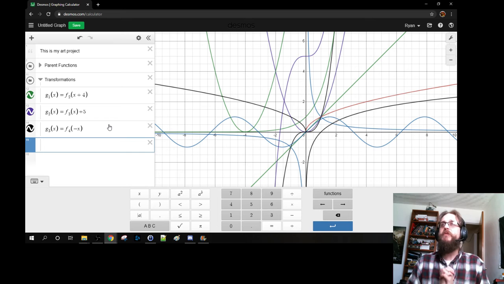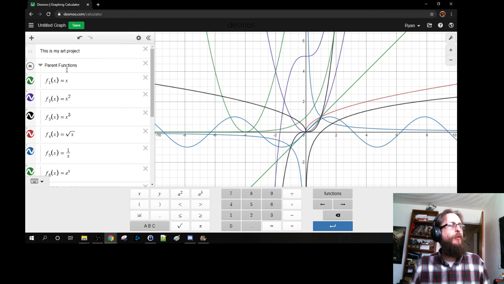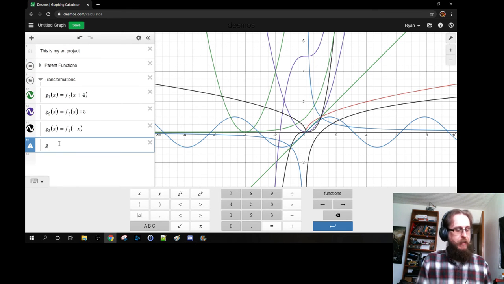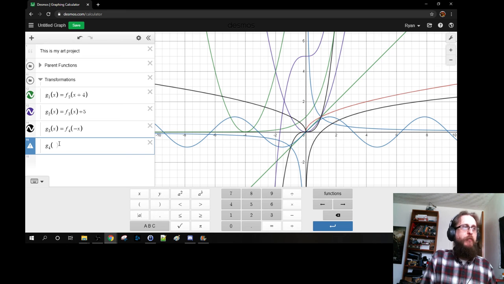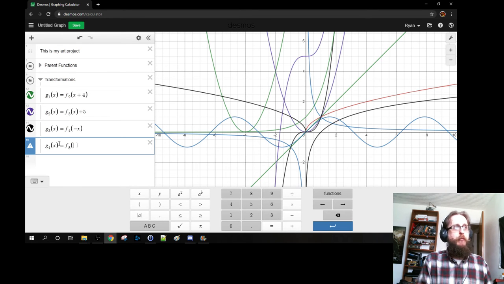Next on our list, we need to have a vertical reflection. What's a fun vertical one to do? I kind of want to do a vertical reflection of my sine graph. So my sine function was f8. I think it'll look cool if I flip that vertically. So I'm going to define my G4 of x to be my vertical reflection. And where my original function that I want to play with is f8,